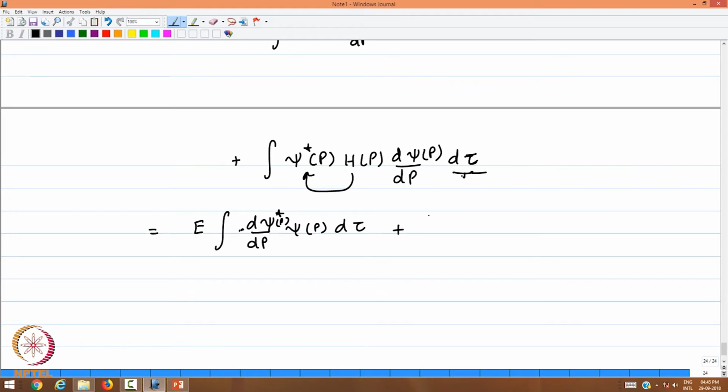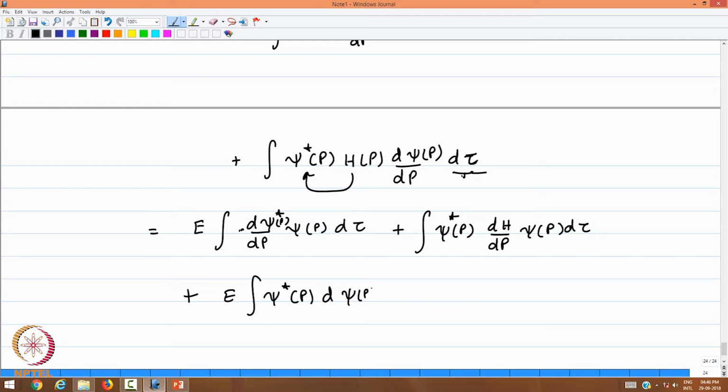The second term is obviously psi of p star dH of dP over dP and psi of p d tau, and the third term, taking into account the hermiticity, you have E psi star of p d psi of p